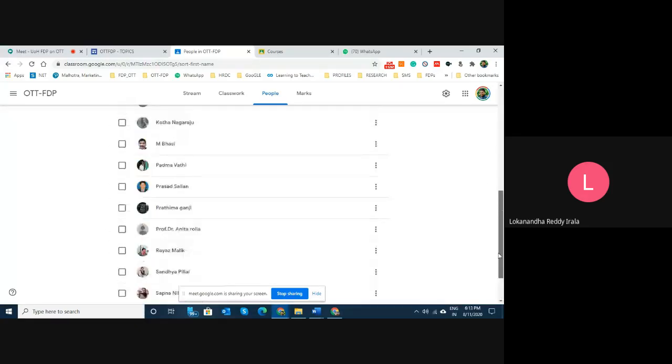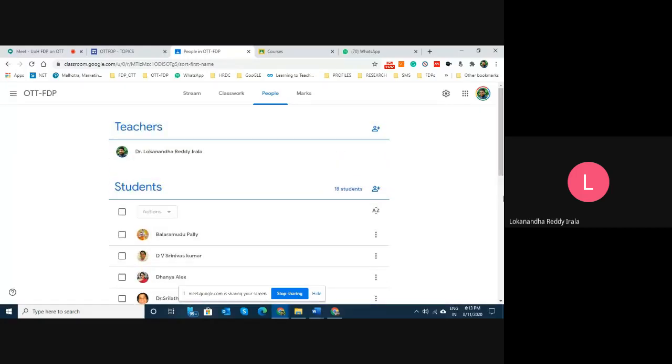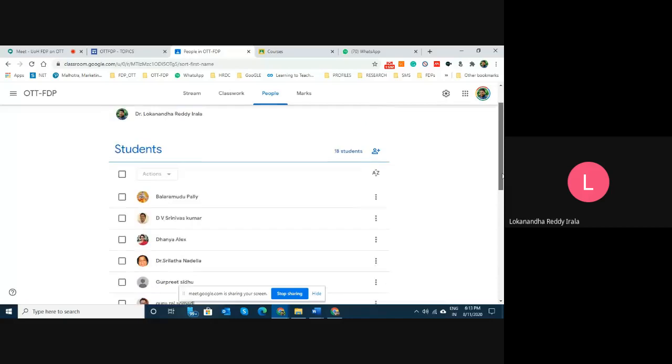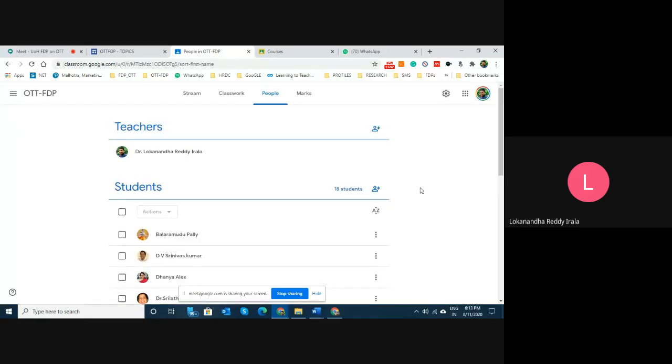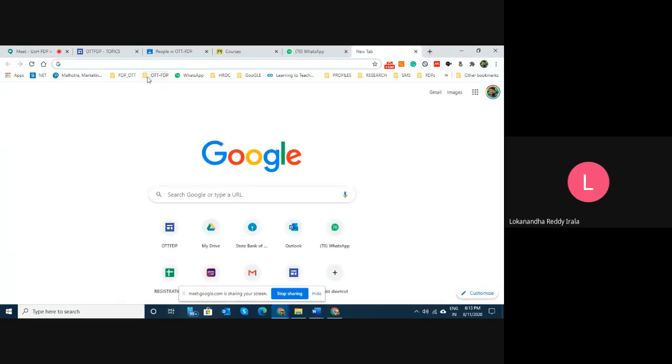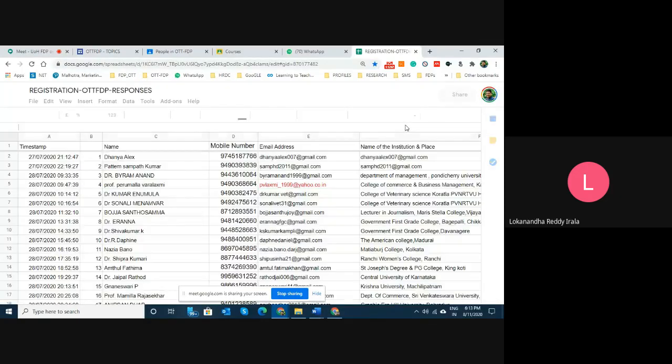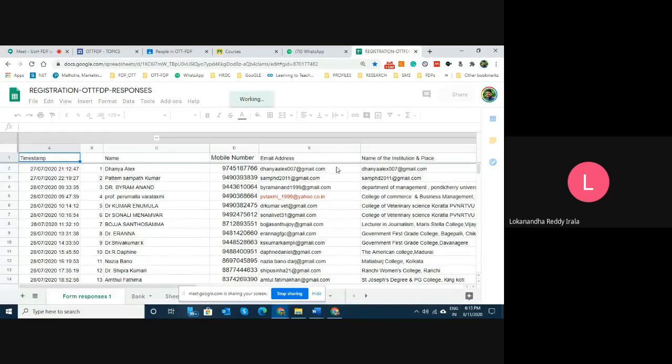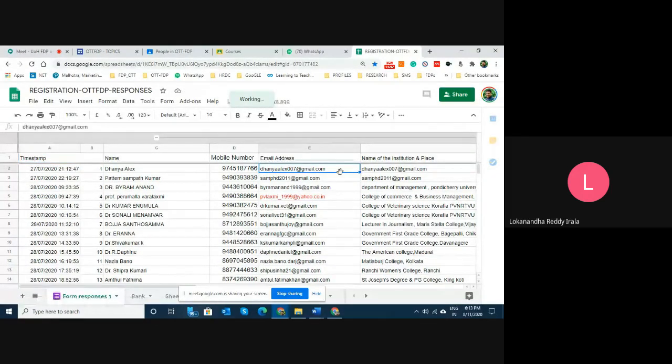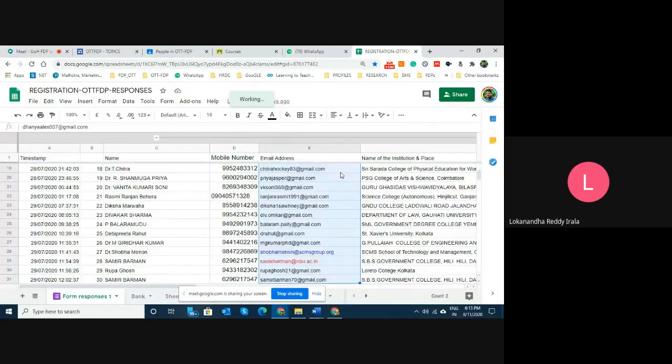So this is one way you can make students join the class. And I know some students will always be out of reach. So some students don't come in contact with you. If they are not joining by the code that you have given them, you have the last resort. You can go to a place where you have all their mail IDs like this. So I have their mail IDs. You can copy all the mails.